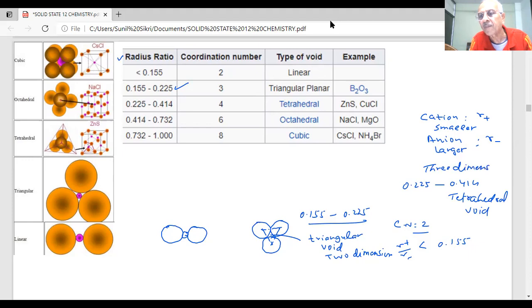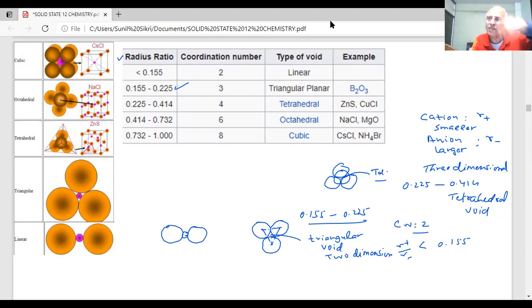Three-dimensional close packing. You have seen three-dimensional close packing, HCP and CCP. We have just shown you. So you already know what is tetrahedral. How will a tetrahedral be formed, students? There will be 1, 2, 3 in the triangle. Now there is another atom on top of it. See, how many? 1, 2, 3 forming a triangle, and on that, this void is a tetrahedral void. This can fit a smaller cation of the range 0.225 to 0.414.